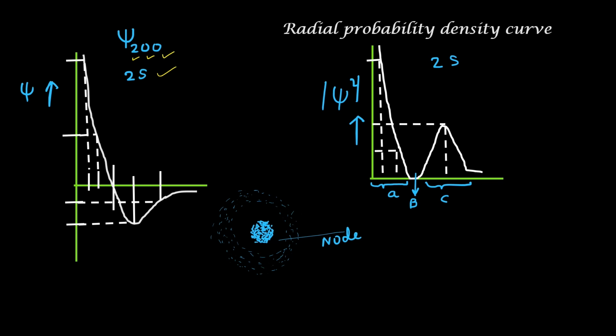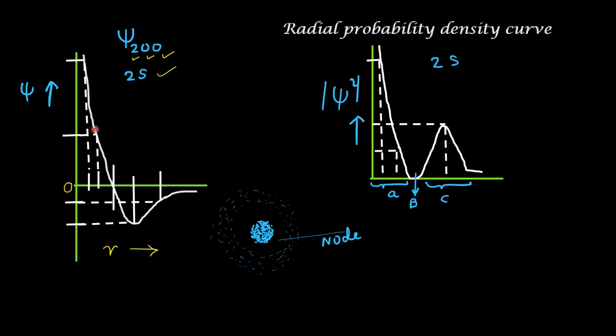The wave function is plotted along the y-axis and distance r is plotted along the x-axis. You can see the wave function is maximum around the nucleus, that is, at the origin. As the distance of points from the origin increases, the wave function falls. This is the origin, which corresponds to the location of the nucleus. At this distance, the wave function is maximum. When the distance increases, the wave function decreases.